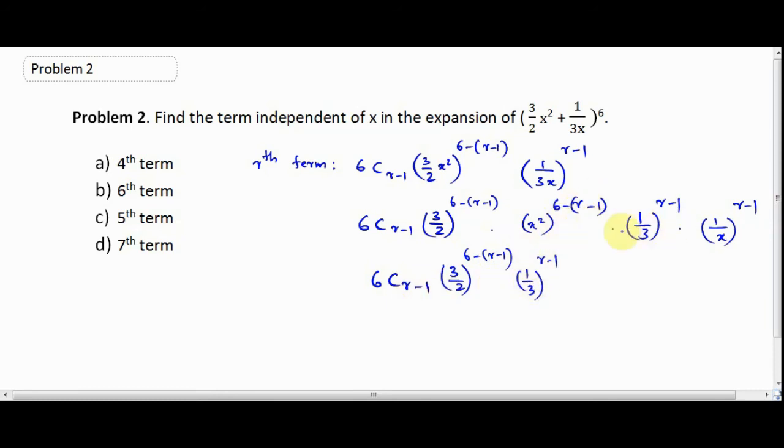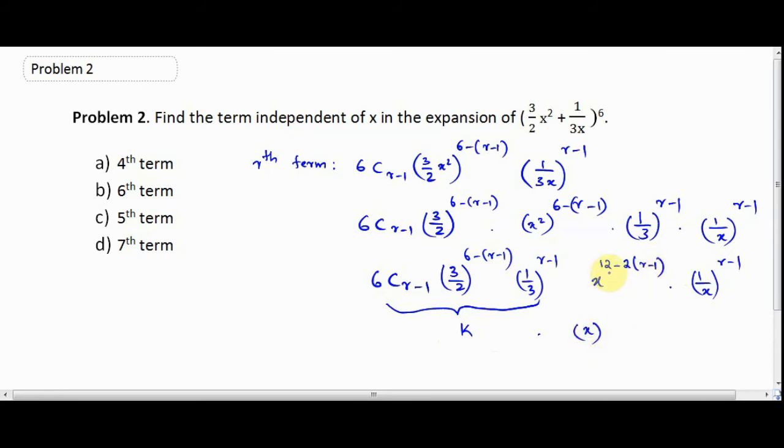Now for the x terms, here we have x square raised to (6 minus (r minus 1)). That can be written as x raised to (12 minus 2(r minus 1)), that into (1 by x) whole raised to (r minus 1). Now these three terms can be taken as a single constant term. Let's take it as k, and here we have two x terms. We may combine those two, so we may rewrite this one as k into x raised to,